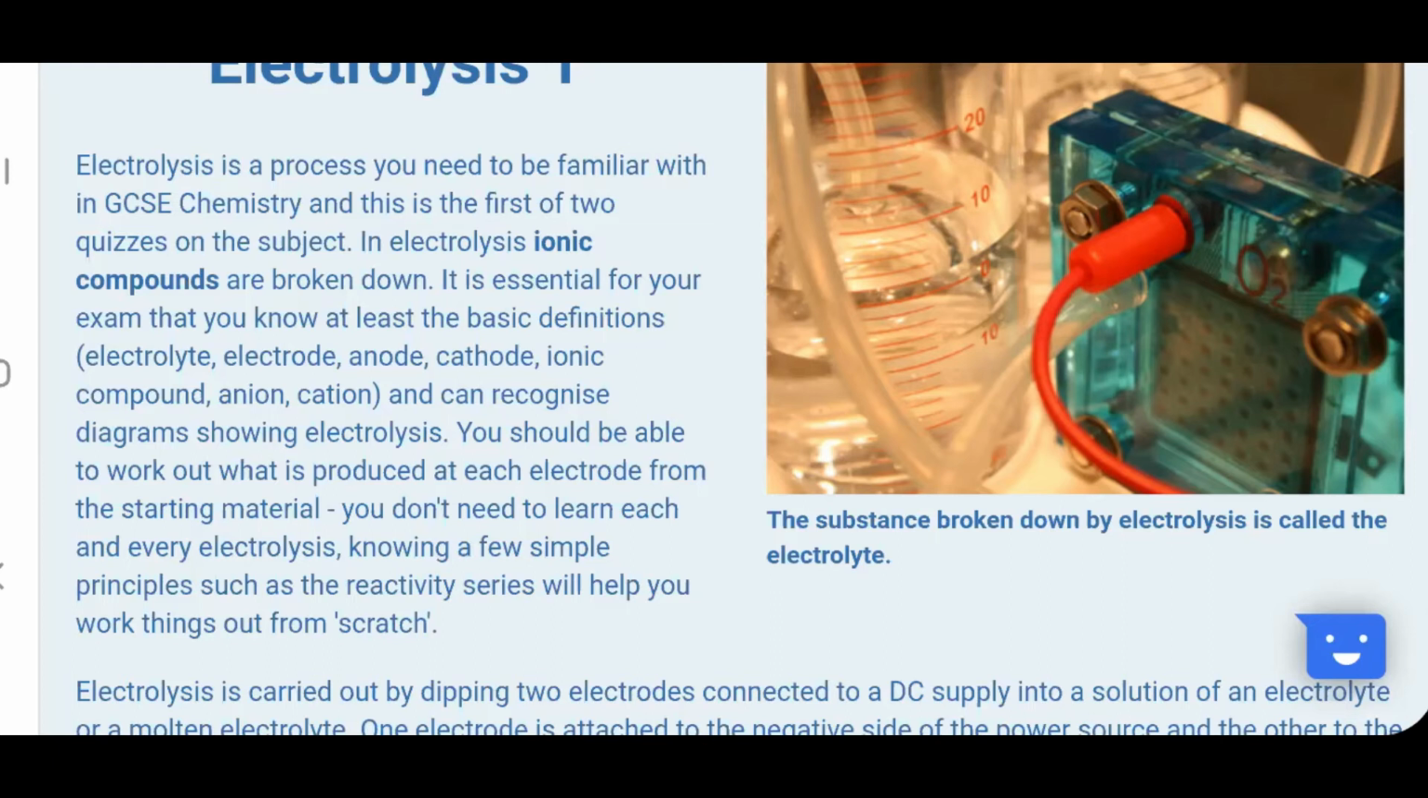E-L-E-C-T-R-O-L-Y-T-E, electrolyte. What is an electrolyte? You can put examples: sodium chloride solution, hydrochloric acid solution, copper sulfate solution. Any solutions that we're looking at, right? Or it can be the molten state, like molten lead chloride. Good. So, by passing an electric current through it,